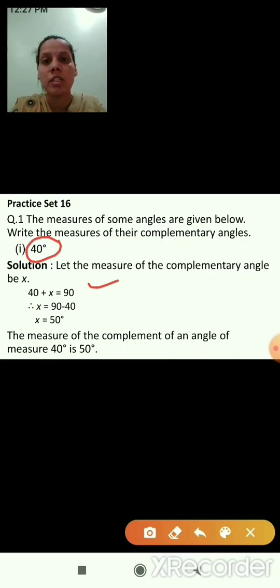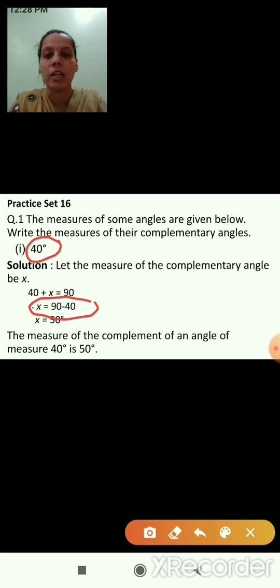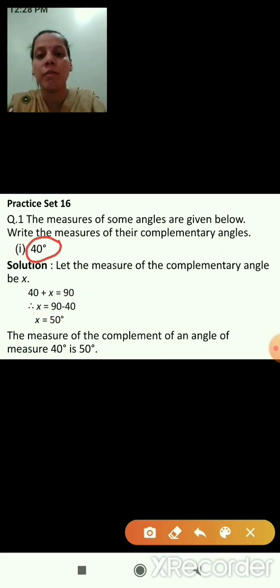Yes, 40 which is given in the question, and x, the other angle which we have considered. So 40 plus x is equal to 90. Why have we written 90 here? Because the sum of the two angles is equal to 90 degree, if they are complementary. So now this plus 40 will go this side, it becomes minus 40. Correct. So what is the second step? As you can see here, x is equal to 90 minus 40. Correct. So 90 minus 40 is 50, right? So x is equal to 50. This is the answer.